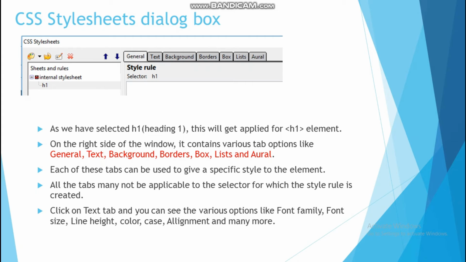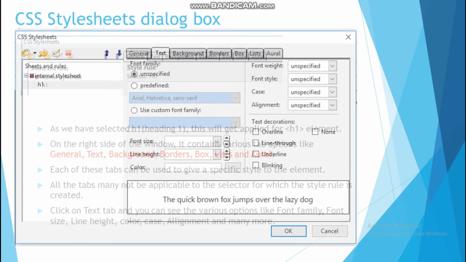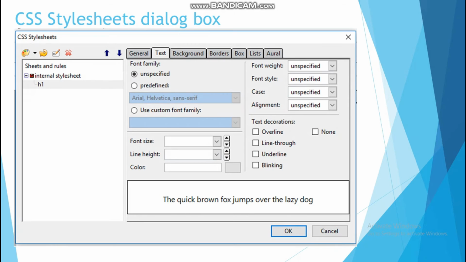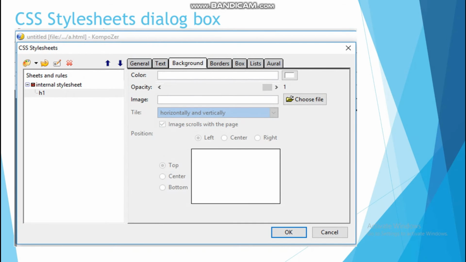Click on the text tab and you can see the various options like font family, font size, line height, color, case, alignment and many more. So when you click on the text tab, it will display a dialog box like this. When you click on the background option, it will show you background options as given here.